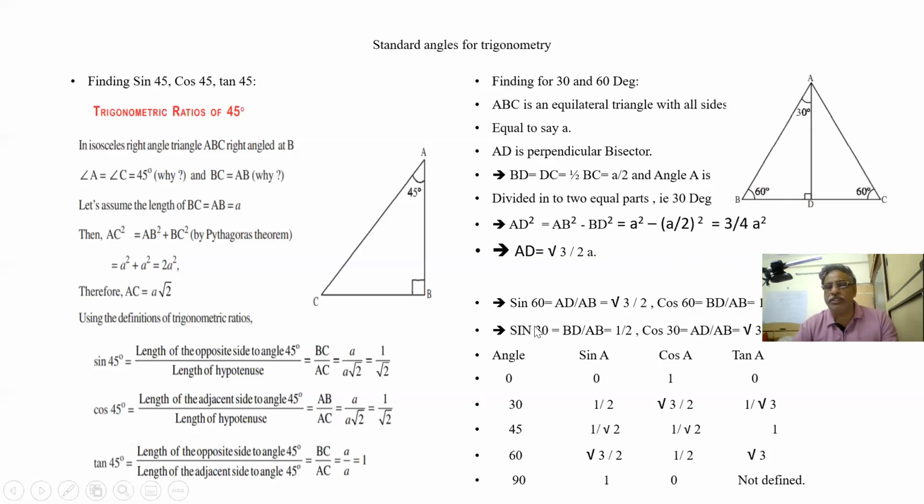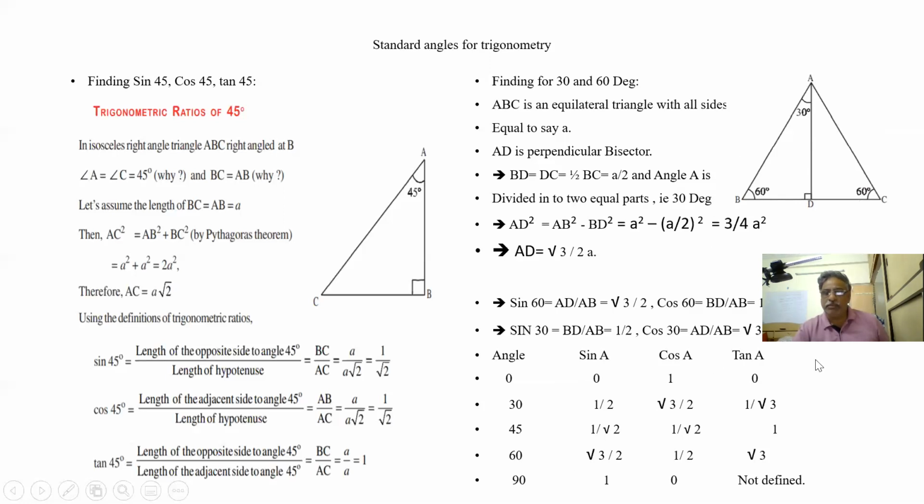So you understood how the 30 and 60 have come? This is because in an equilateral triangle, a can be anything. It can be 10, 15, 20, anything. But in an equilateral triangle, the perpendicular and the median are the same, and all the centers are at one point. The centroid, orthocenter, and angular bisector are all the same in an equilateral triangle.